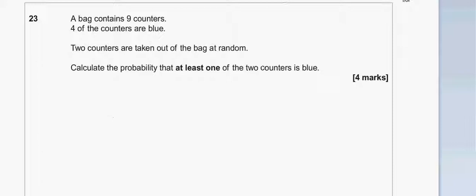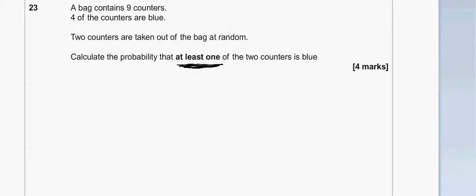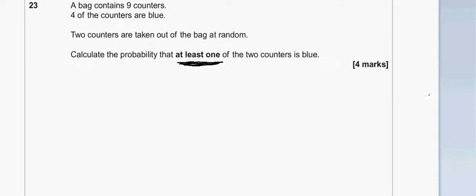Okay, a bag contains 9 counters, 4 of the counters are blue, 2 counters are taken out of the bag at random. Calculate the probability that at least one of the counters is blue. At least one. Okay, so they leave us a gap here before the lines. So they're showing us that they want a tree diagram. Okay, so first off we have